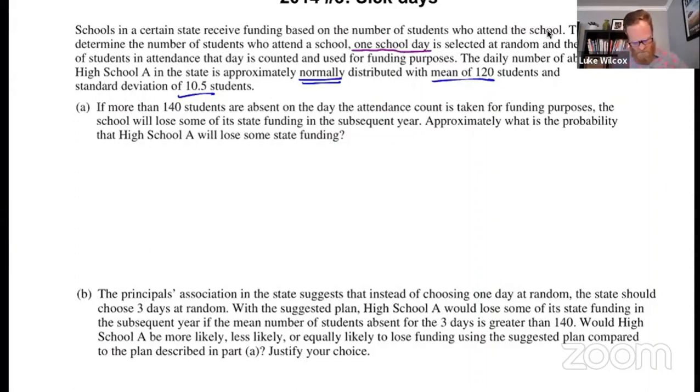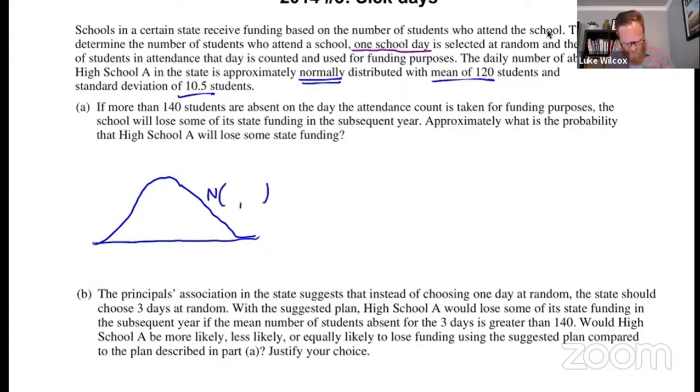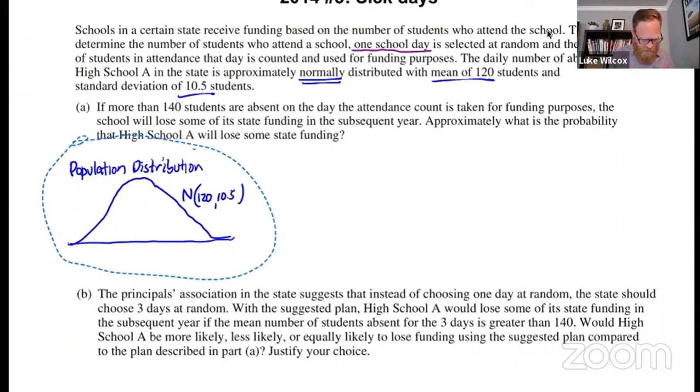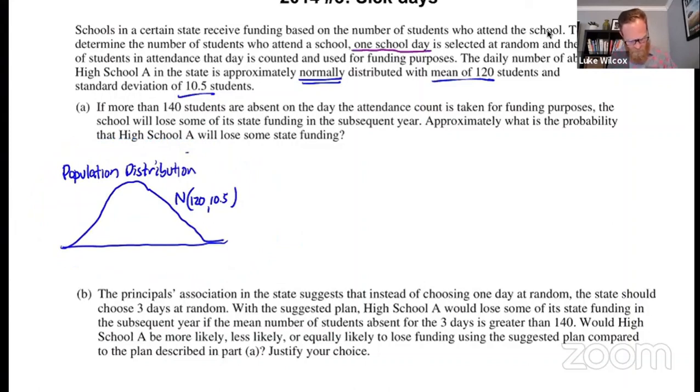I would always suggest that you start with a picture, and here's the picture of my normal distribution. And I always label it as capital N for normal, and then identify the mean and the standard deviation, which we know is 120 and 10.5. And I want to make special note here that this particular distribution is the population distribution. All of the possible days, and we are going to choose one of those possible days out of the population distribution. So the thing that we're trying to find here is the probability of 140